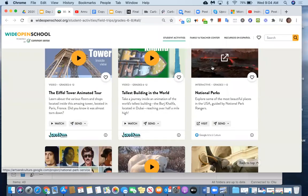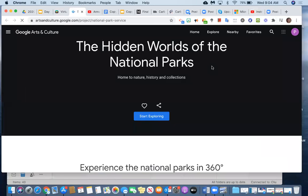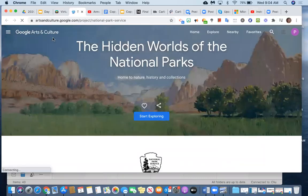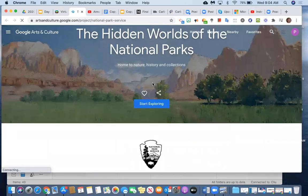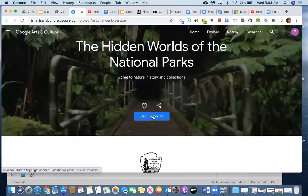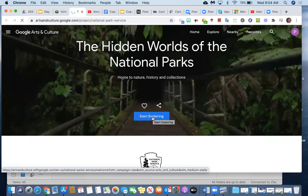One that I really like is national parks, where you can navigate through the Google Arts and Culture app, and you can start exploring the hidden worlds of national parks. So if I click on Start Exploring,